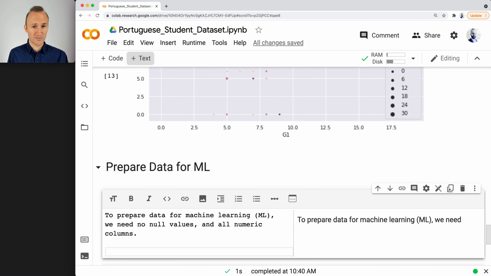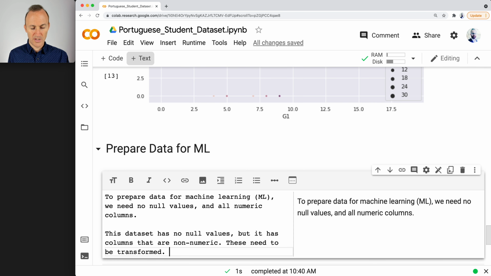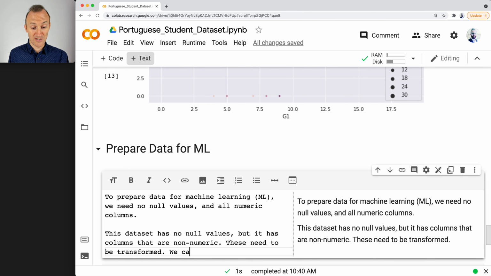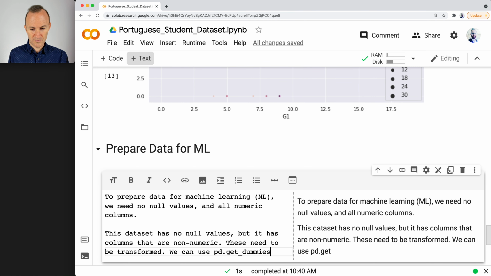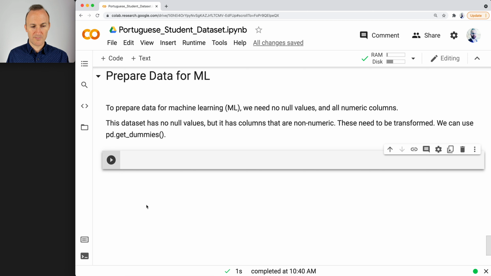Now I can add more, right? So I'm in a data set here. So this data set has no null values, but it has columns that are non-numeric. These need to be transformed. And you can guide the reader and say, we can use pd.get_dummies. So what's that going to look like? We've done it before, right? No big deal. So df equals pd.get_dummies